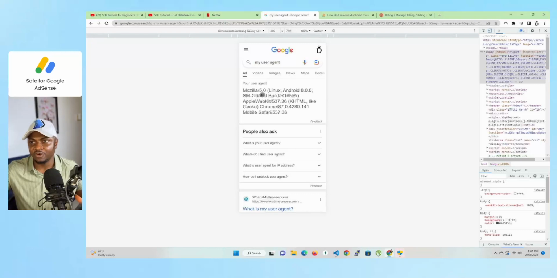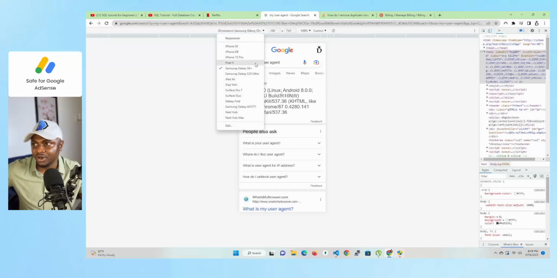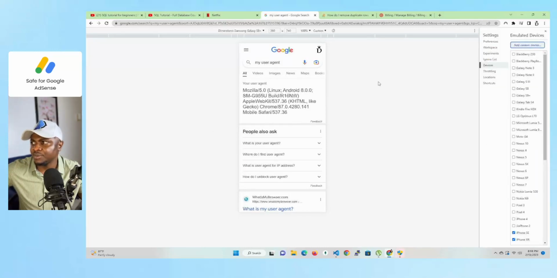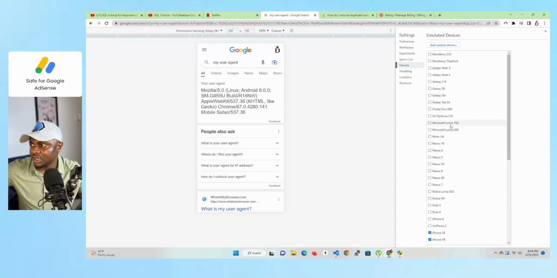Try to first of all mimic the device, create the user agent, log in. So let me explain what I mean by login. Let's assume right now you don't have an iPad, right? You can come here. Okay, there's already an iPad there. Or let's just set another device. I can simply come in. Let's assume I want to create another device. What device do I want to create? Let's assume